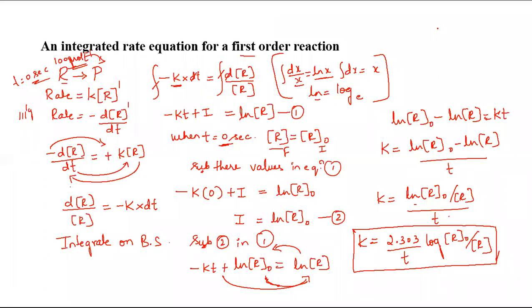Already I did this, but in order to solve the problems, I am repeating this. That's it, no doubts? Okay. Okay, no problem. Okay, you did not understand what 2.303 is. Okay, I'll tell you that. So from the beginning, I'll tell you once. Just quickly, I'm going to repeat this.